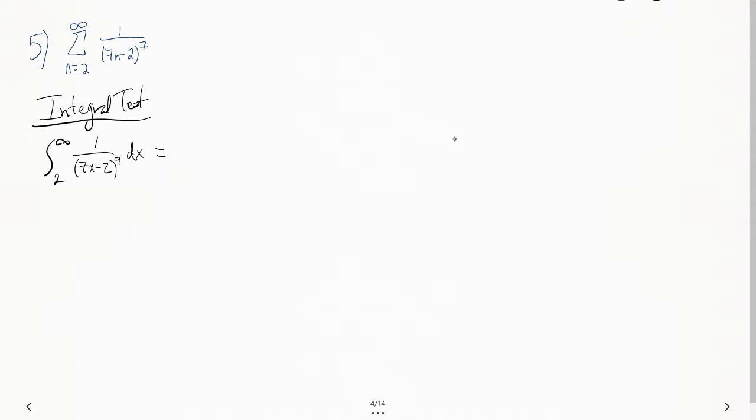So notice in this case, this becomes the integral from, let's see here, we go from 2 to t, and we need a limit as t approaches infinity of 1 over 7x minus 2 raised to the 7th power dx. Okay, so using that idea,